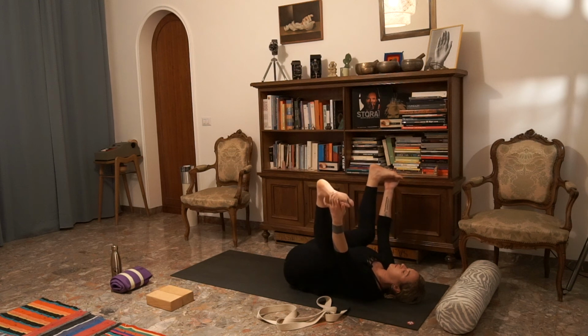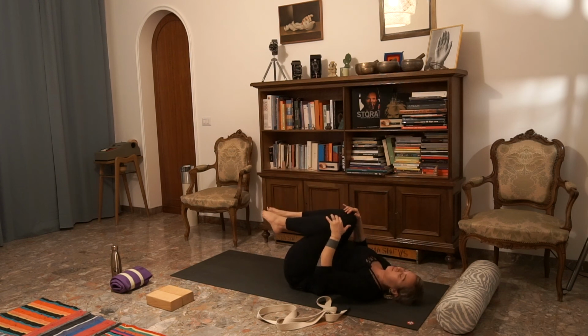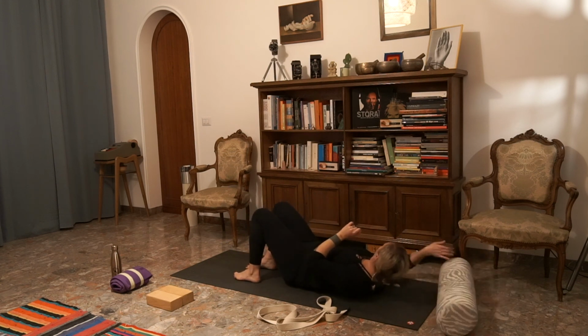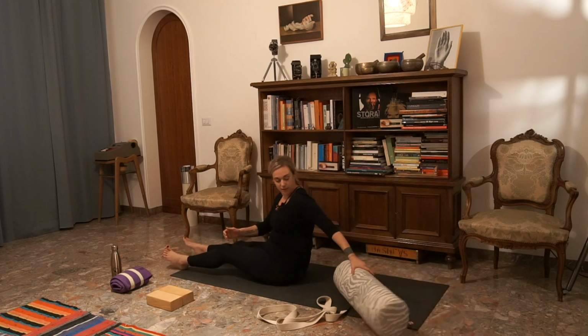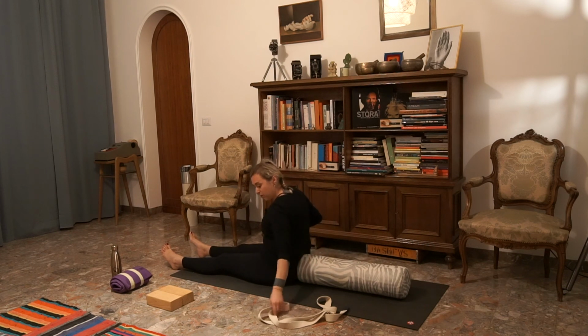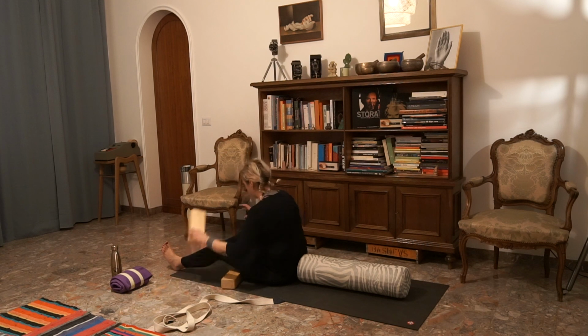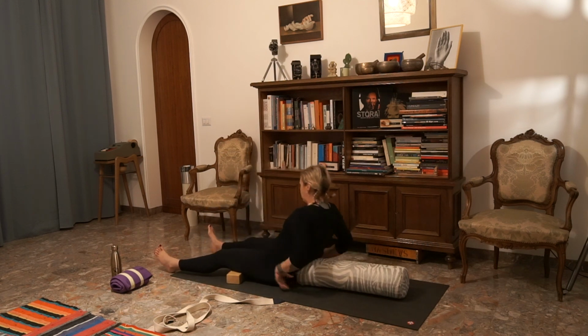And then release your feet. Hug your thighs into your chest. Reach out for your bolster. You might need to lift up for a moment, and then for today, for your relaxation, place a bolster underneath your spine. So move everything else away. What's quite nice, if you have blocks or books, is to put the blocks or the books underneath the thighs. So once you then lie down,